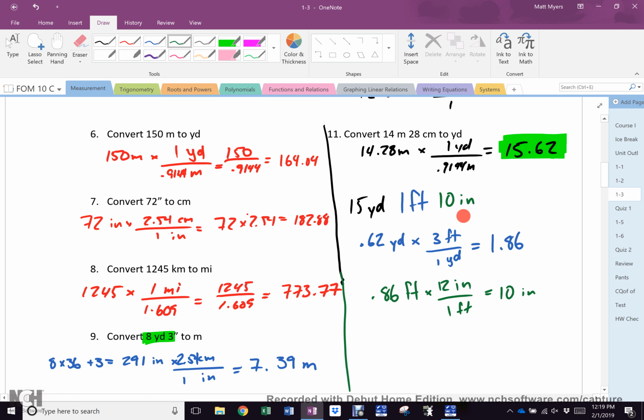I turned it back on 3 times throughout. Obviously, I needed a 4th. So there it all is, though. The 6.2 is 0.62 of a yard, so I converted that to feet. That got me my 1 foot. I was left with 0.86 of a foot right here, which I converted to inches to get that. Still blue, or still white. This,